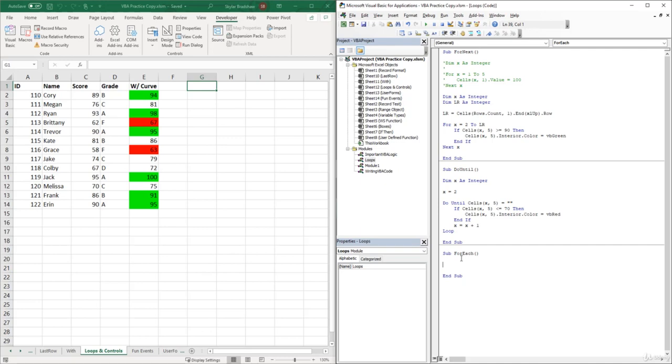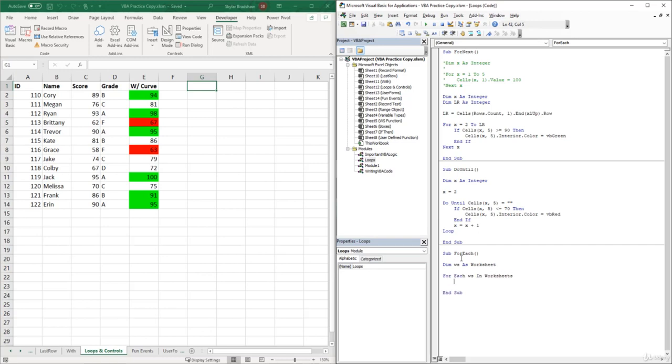So we can type in Dim and call it ws, which is short for worksheet, as Worksheet. And now we can create the for each loop. So we need to type in For Each, and we want to loop through all the worksheets inside of this workbook. So for each worksheet in the Worksheets object,